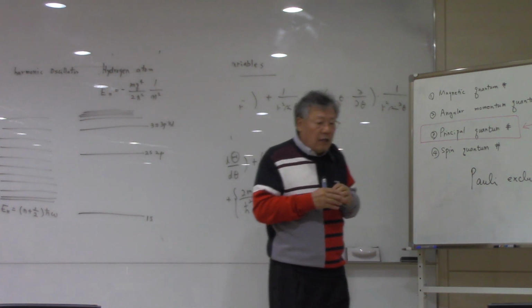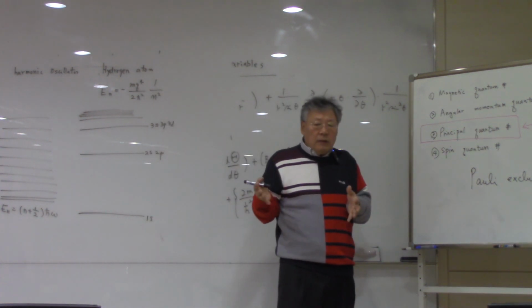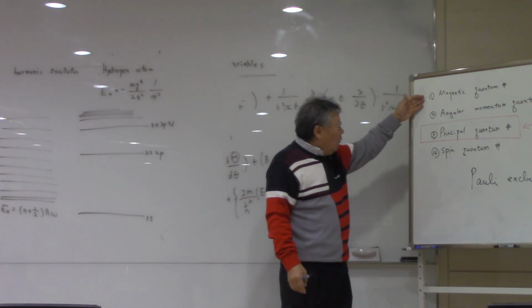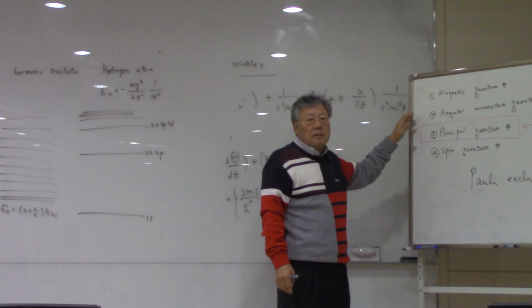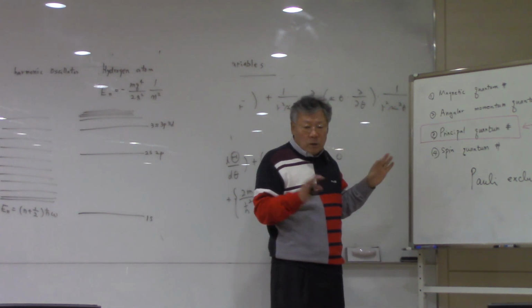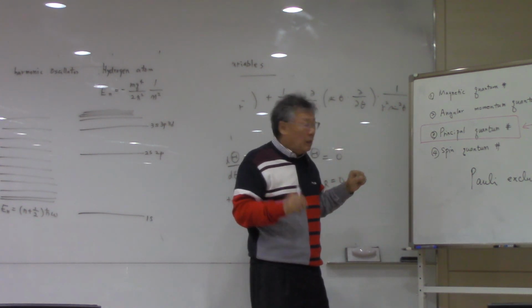All the electrons have different energy states with these four quantum numbers. One of these may be the same, but all